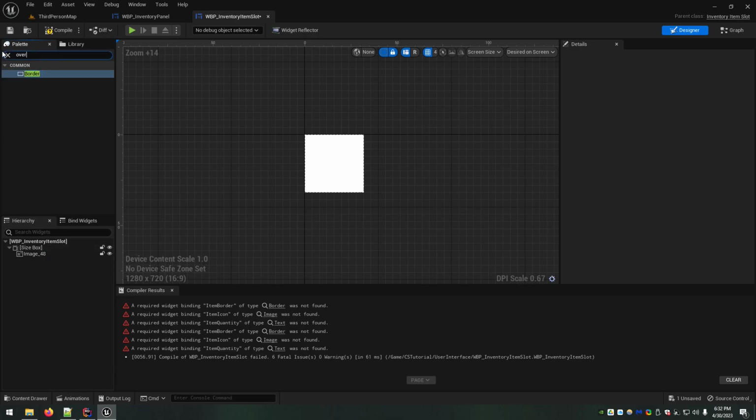What we actually need is called an overlay. If you mouse over it, it should tell you it allows widgets to be stacked on top of each other. So that's what we want. Delete your image, put an overlay in the size box, and now we're going to drop everything into the overlay. So put the image,